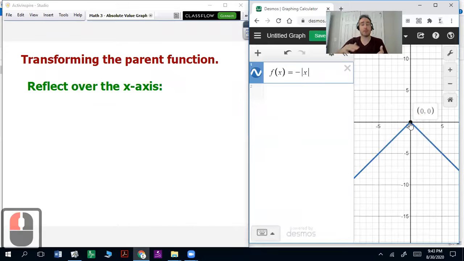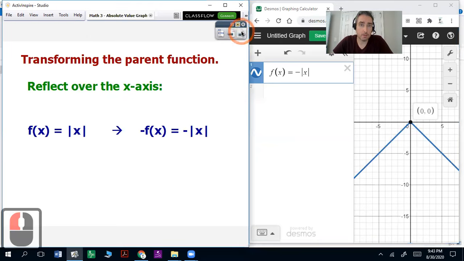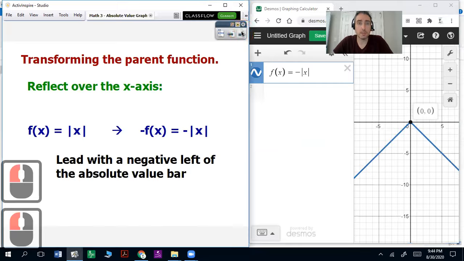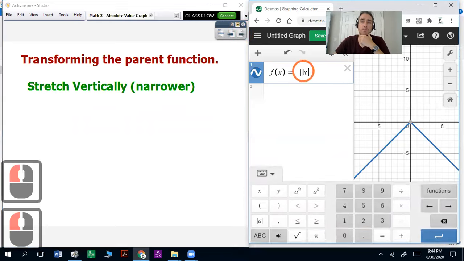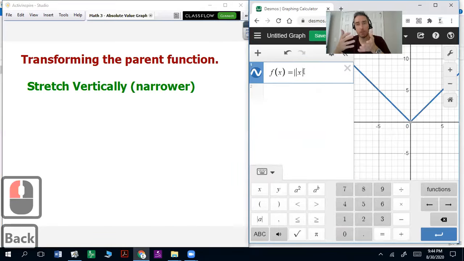Instead of its range being y is greater than or equal to 0, its range is now y is less than or equal to 0, and that can change depending on the y value. So if I want to reflect it, I'm simply going to put a negative on the outside and lead with that. If I want to stretch it, then I'm going to lead with a number on the outside